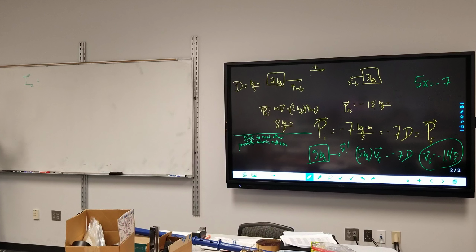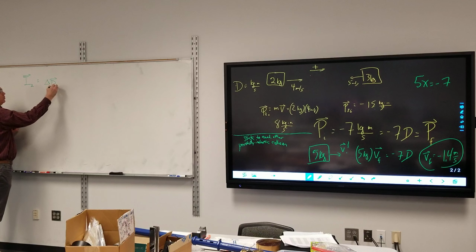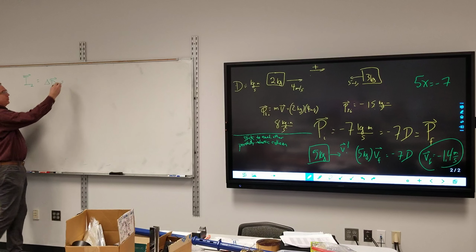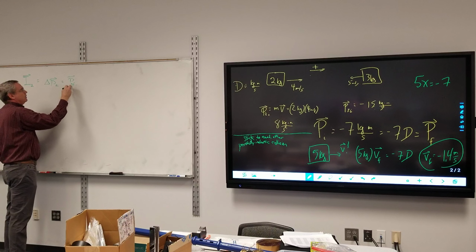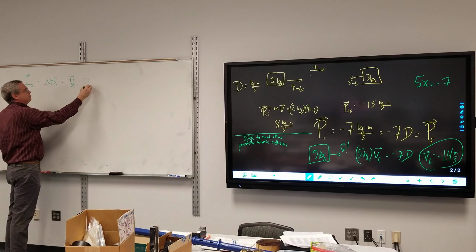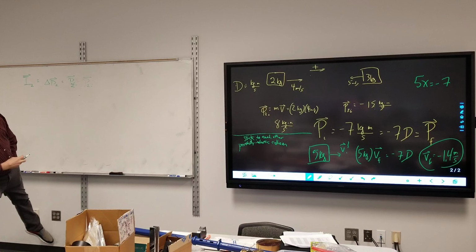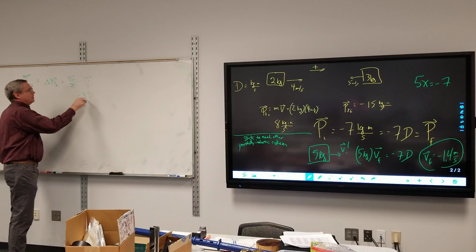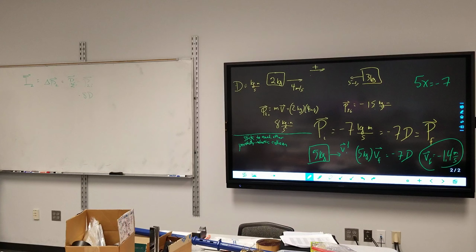So if I ask you what's the impulse of the 2 kilogram mass, I'm asking what is the change in momentum of the 2 kilogram mass? In other words, P final minus the initial. Well, the initial we know, that was 8. And I still have to find the final. What is the final momentum of the 2 kilogram